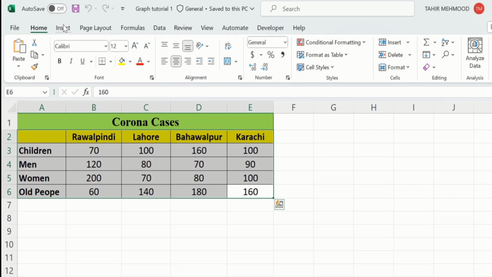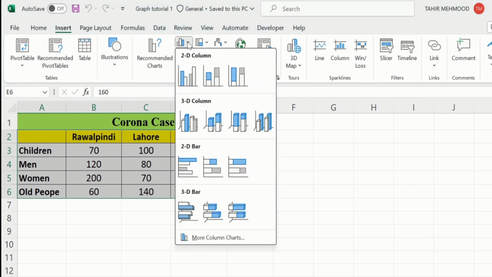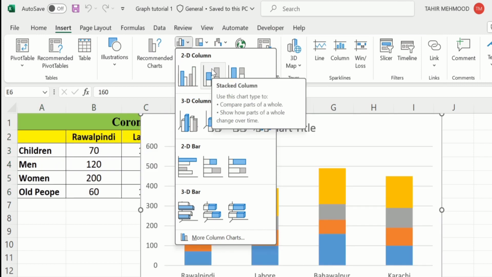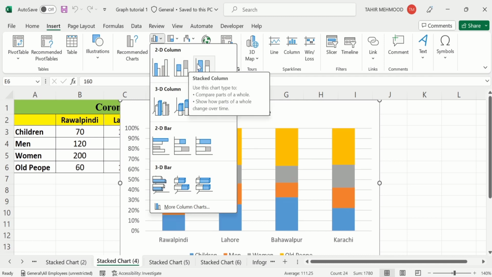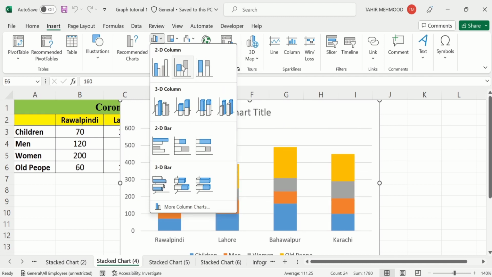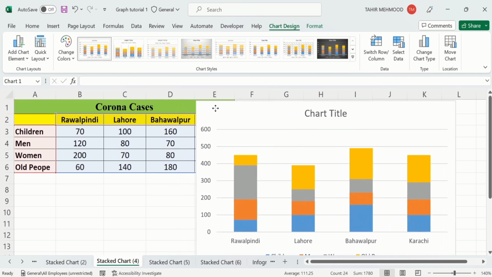Go to Insert tab, and in Insert tab, you will find the option of charts. From here, go to bar chart, and here you will find the option of stacked column chart. You can select either stacked column chart or 100% stacked column. I will select stacked column, so I will select this one. After doing that, I will place it here